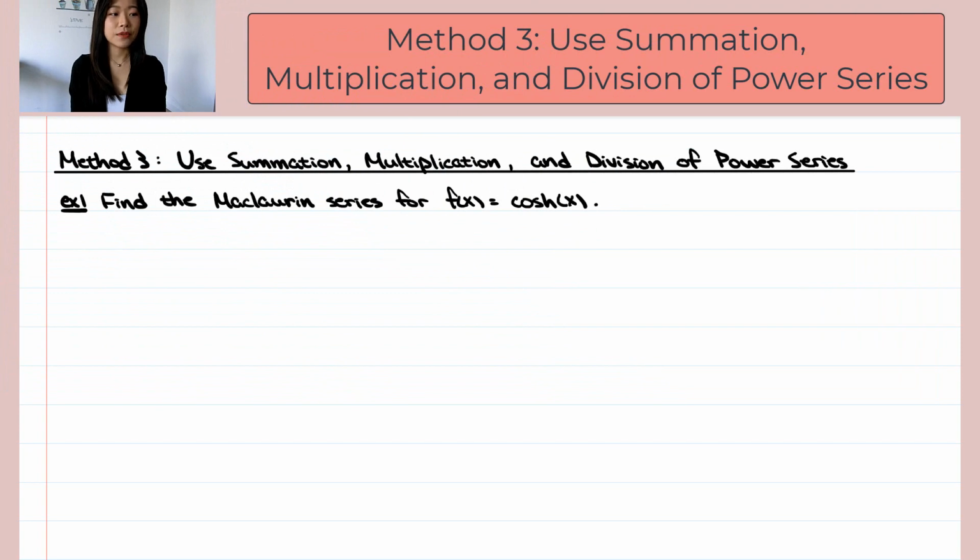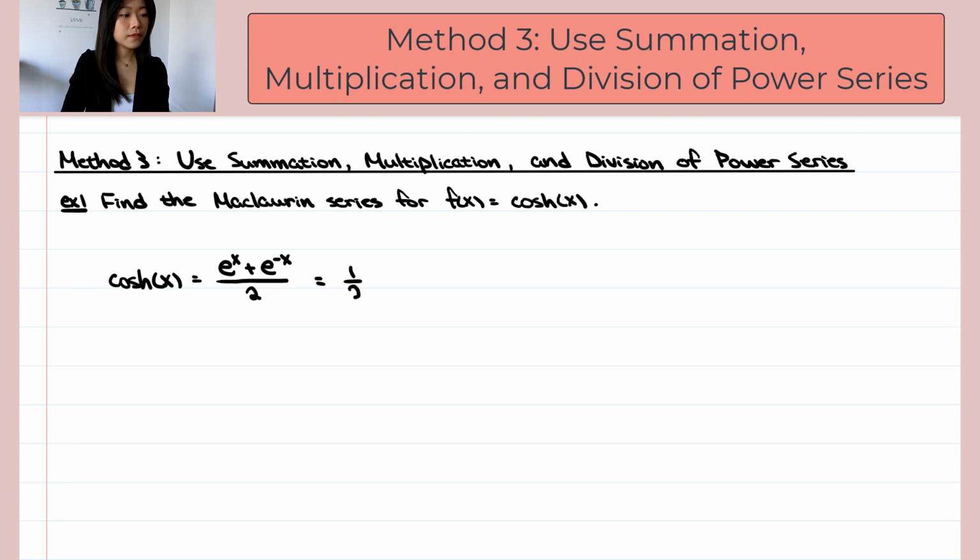Let's find the Maclaurin series for the function, the hyperbolic cosine of x. By the definition, the hyperbolic cosine of x equals e to the power of x plus e to the power of negative x, then divided by 2. And we already found the Maclaurin series for e to the power of x, so we can simply substitute them into this function. So this equals, I pull out the constant first, 1 over 2, then times e to the